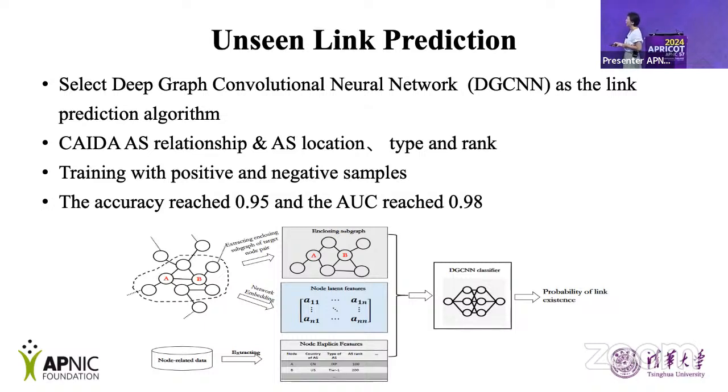And also, we get node-related information such as relationship, location, type, and rank. All this information is extracted, and we get node explicit features. All these features we combine and train with positive and negative samples. The positive samples are the real existing links, and the negative samples are non-existing links. We sampled randomly, and then finally after training, we get